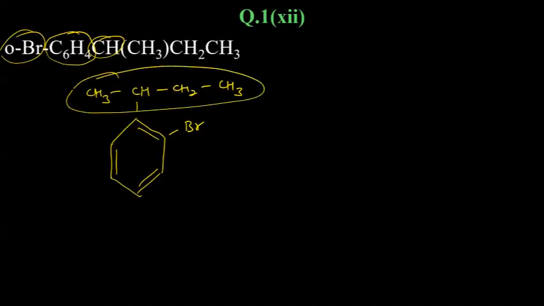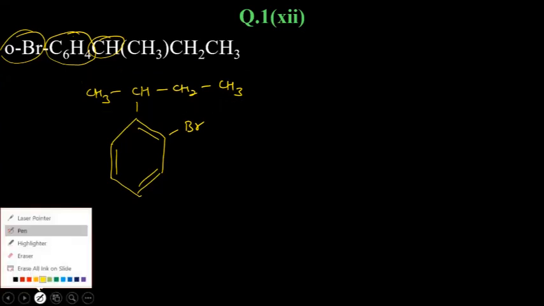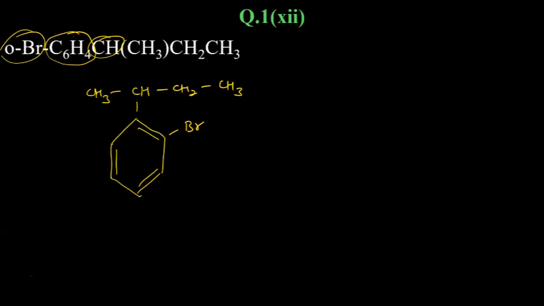This one, if you see, is the numbering. If you start, the carbon which is attached to the main chain will be first, and then the longest chain is this one, isn't it? It means this is the branch for that. It will be 1 methyl propyl, and M comes after bromo B. So that's why this will be the first carbon, this will be second.